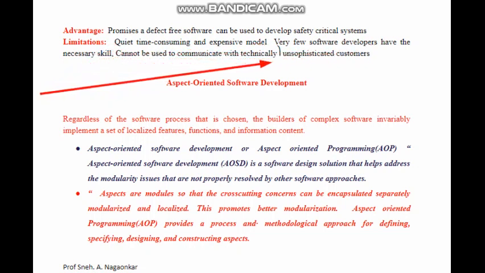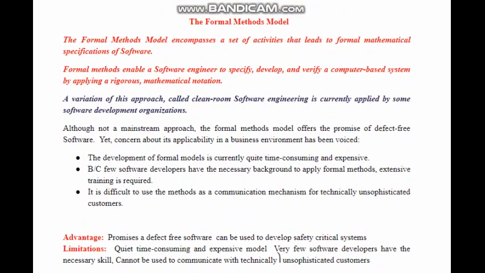Very few software developers have this skill, and it cannot be used to communicate with technically unsophisticated customers. So we basically need a technically or mathematically skilled person for this type of model development, and more importance is given to mathematical calculation.